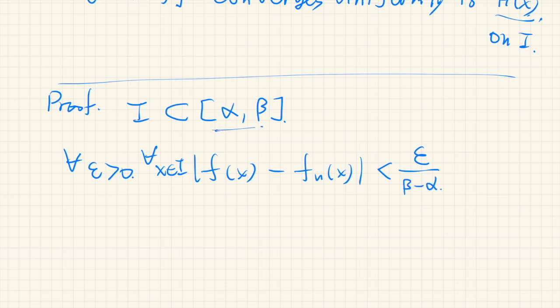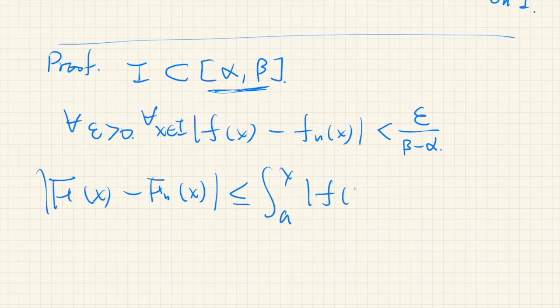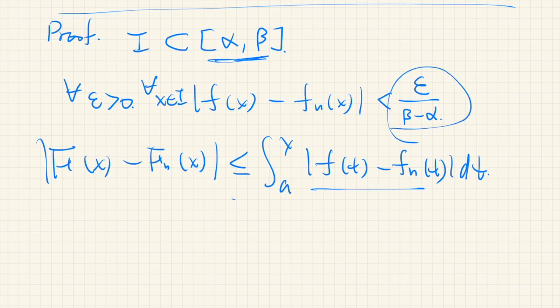So beta minus alpha comes from here. Therefore, for any x in the interval, the absolute value of F of x minus Fn of x is less than or equal to the integral of the absolute value of f of t minus fn of t. This is the triangle inequality. And this is less than the integral of epsilon over beta minus alpha dt,